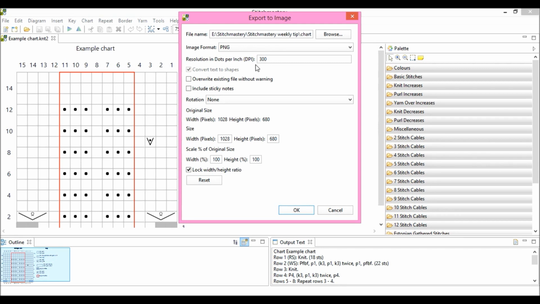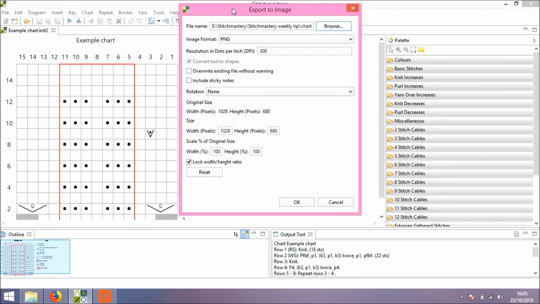But for this video we'll keep everything as it is, and also the sizing. If you're using a layout in a program and you have a specific size that you know is the size of the area your chart file should go into, then you can use the boxes here to specify the exact size that you need. But we'll leave this as it is. I don't need to rotate my chart, but you do have the option here if it's something that you need.